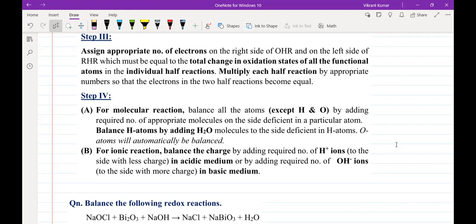Fourth step, other than H and O, balance all the atoms by writing the appropriate number of molecules on the required side, and then balance H by adding H2. ये चार है।